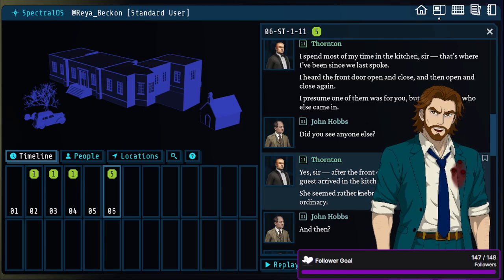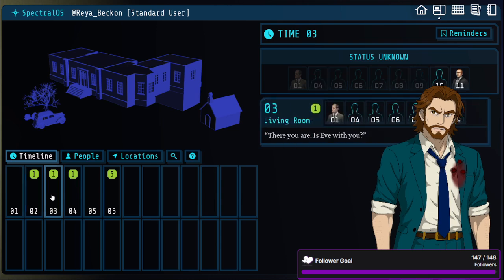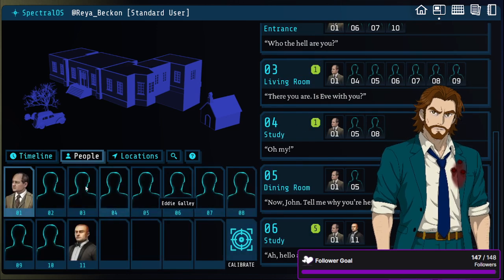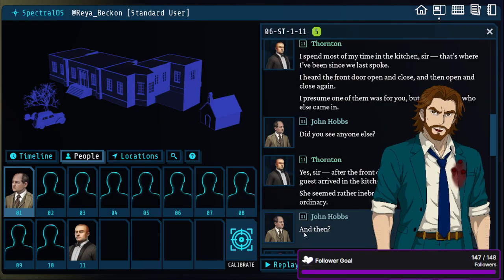So we know that after the events of 2... Hold on. This is gonna be fucking confusing.